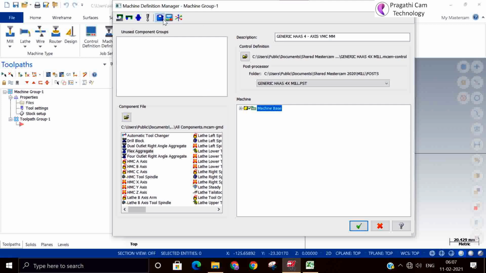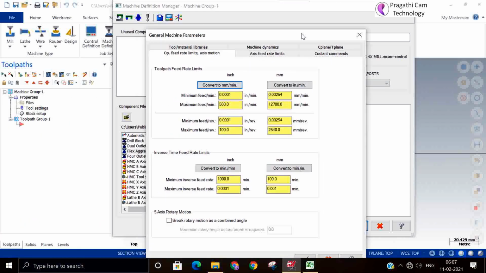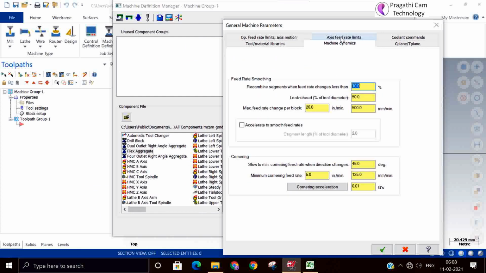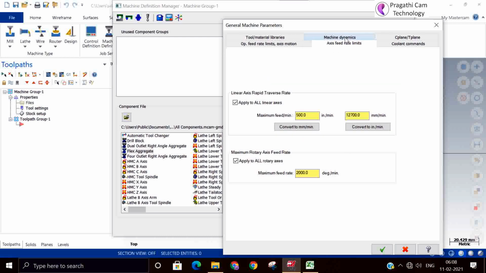This is the control. So you can see here feed rate and information here. Smoothing feed rates. So if you switch on the smoothing feed rate, when there is a sudden change in direction, automatically the feed rate will reduce and it will machine smoothly.